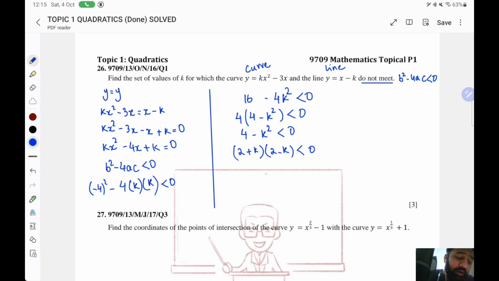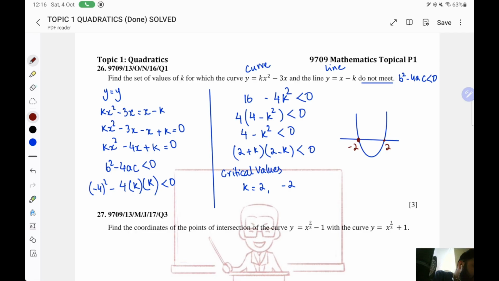Now if we find the critical values for this, one critical value will be plus 2 and the other critical value will be minus 2. Now if I sketch the graph for this, I see that the critical values over here, one is minus 2 and the other is plus 2, and since it says that the region is